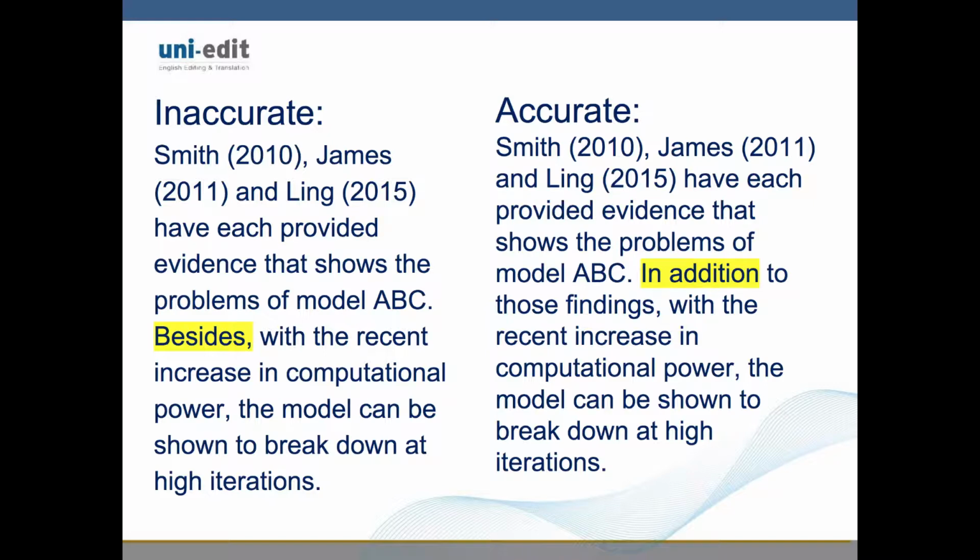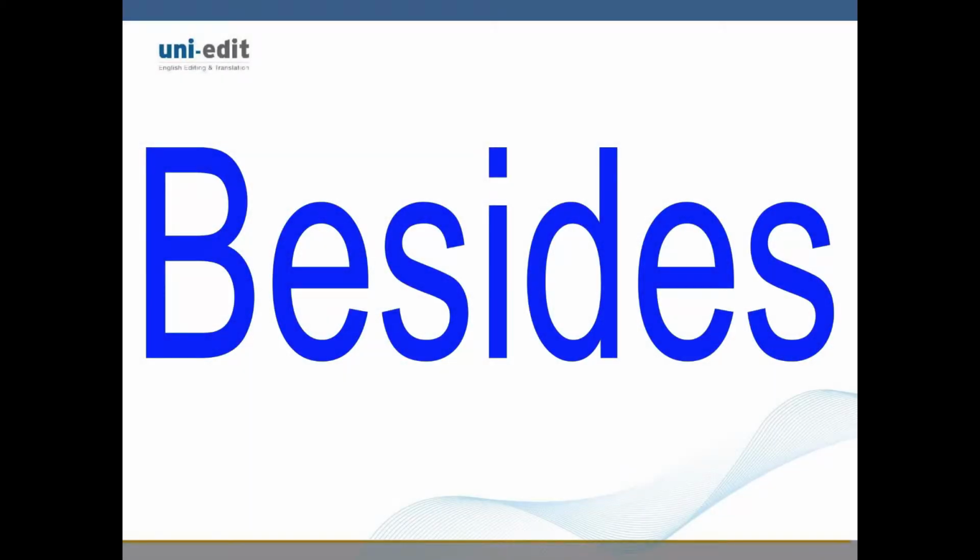Correct use of in addition: Smith 2010, James 2011, and Ling 2015 have each provided evidence that shows the problems of model ABC. In addition to these findings, with the recent increase in computational power, the model can be shown to break down at high iterations. A native speaker will understand both examples, but besides gives a different and unwanted feeling to the